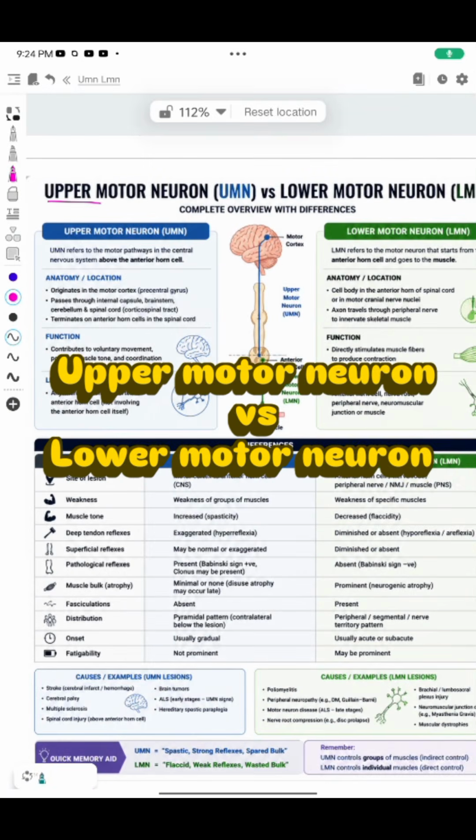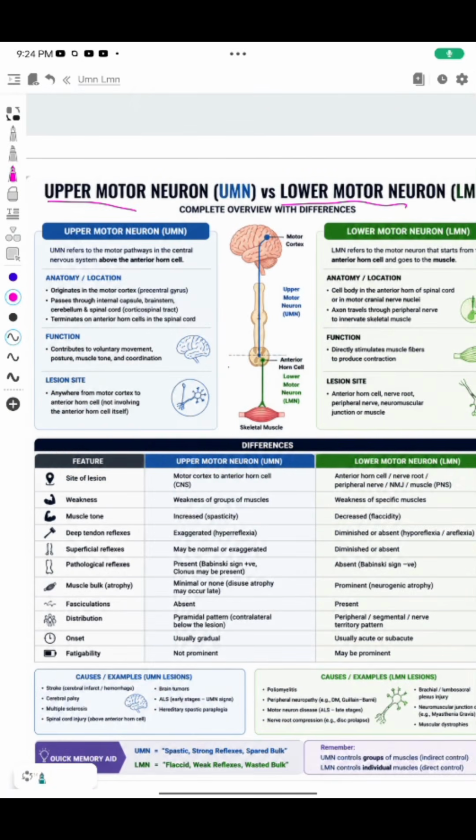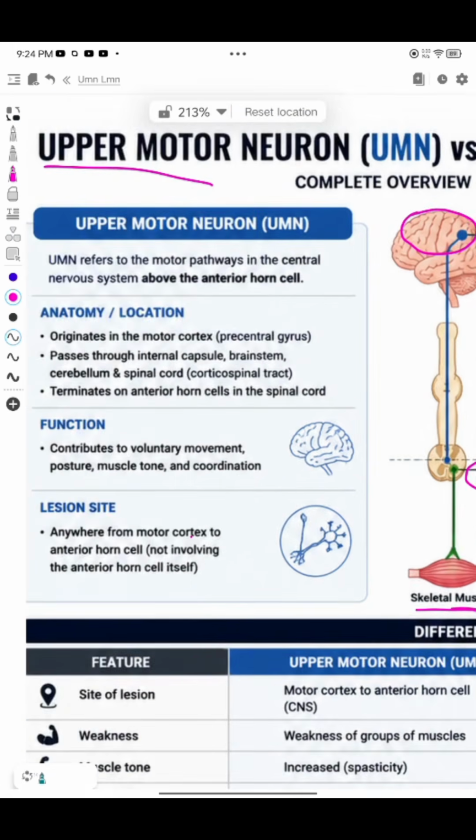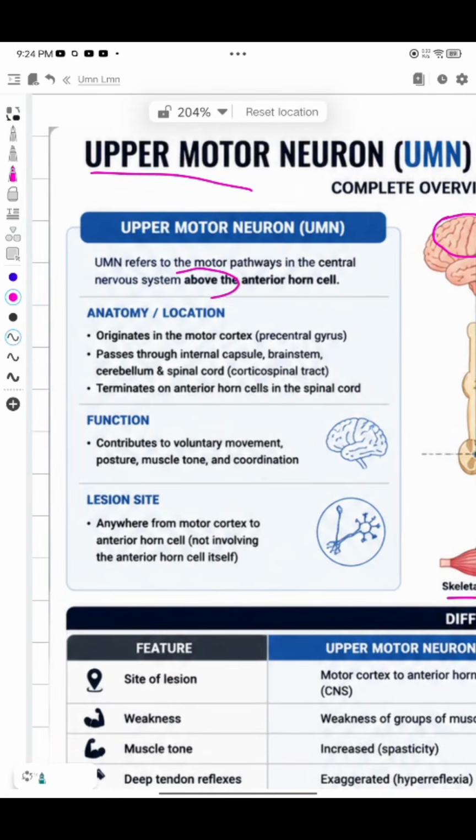Let's talk about upper motor neuron versus lower motor neuron. So, upper motor neurons originate from the precentral gyrus in the motor cortex and terminate on the anterior horn cells, and lower motor neurons start from anterior horn cells and terminate on the skeletal muscle. So, we have to remember that the termination is above the anterior horn cells. They do not involve the anterior horn cells itself, and the function is to contribute in the voluntary movement, posture,